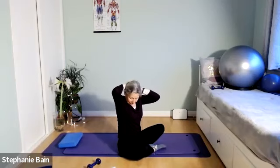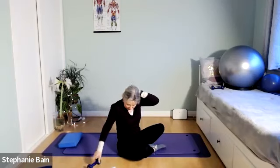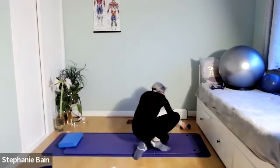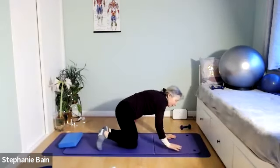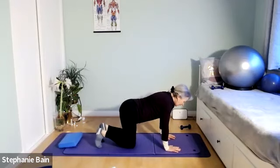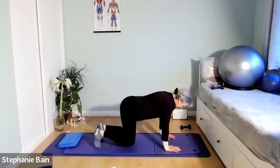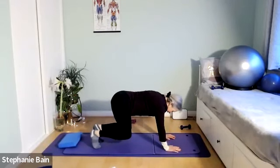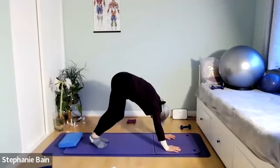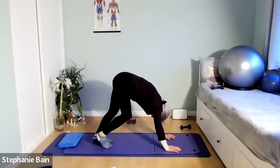But I would like you to finish the move that you're on, and I would like you just to lose the weights that you've been using, come into 4-point, and we'll come into our final stretch. So you're just going to, if you can manage to tuck your toes, we're coming into a knee hover. So engage your core, slide your shoulders down, head in line, breathe in, as you exhale, lift your knees about an inch or two off the floor, spring back with your hips like a cat, lift your hips up towards the ceiling,